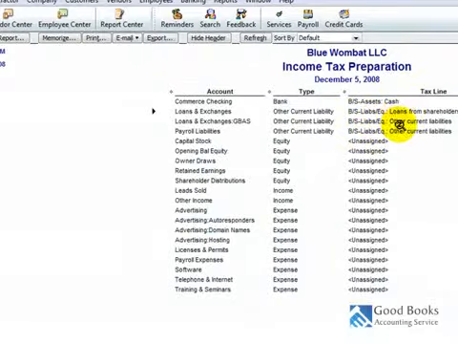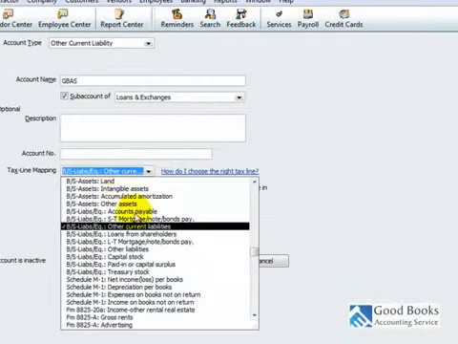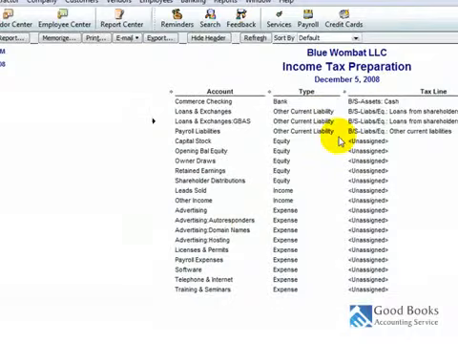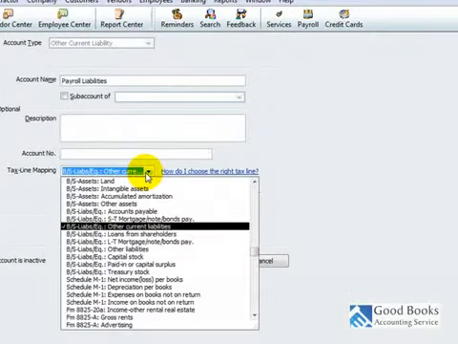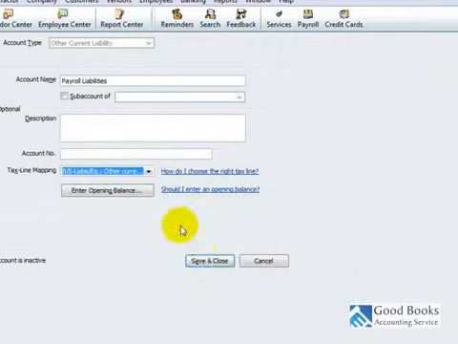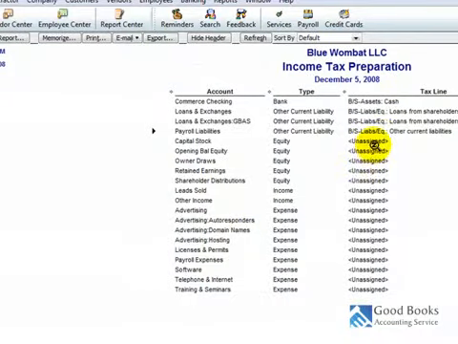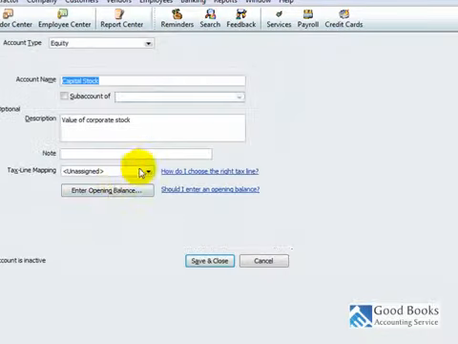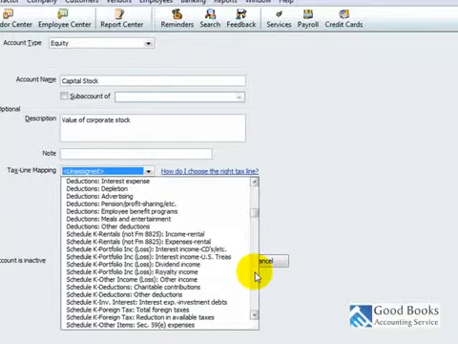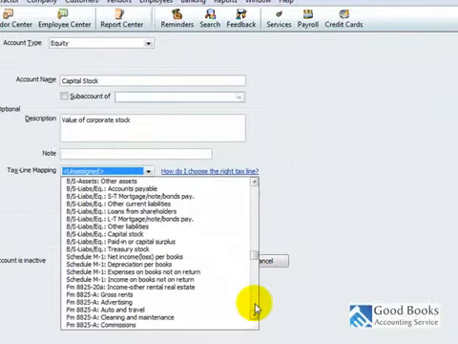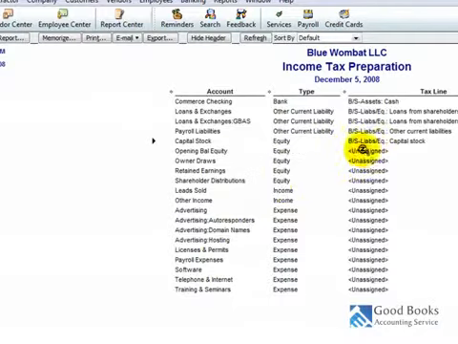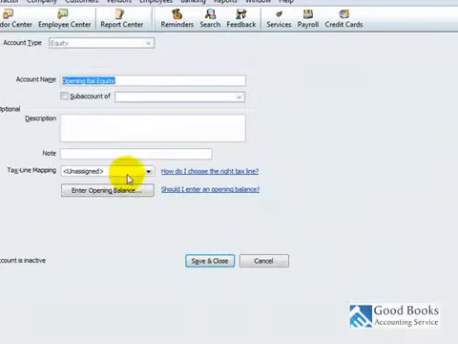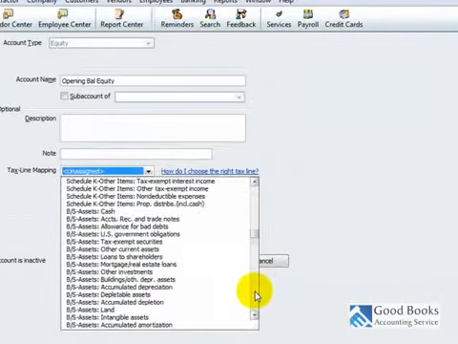Setup, that's another one of these. Payroll liabilities, that's another, unless they have a different, yeah, okay, that's another current liability. Okay, capital stock, that is a balance sheet item also, and that's a type of liability equity, capital stock. Opening balance equity, that's also a balance sheet